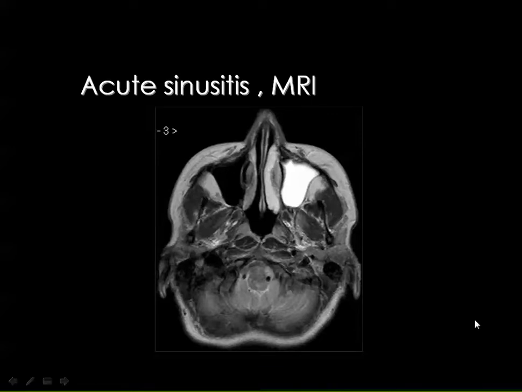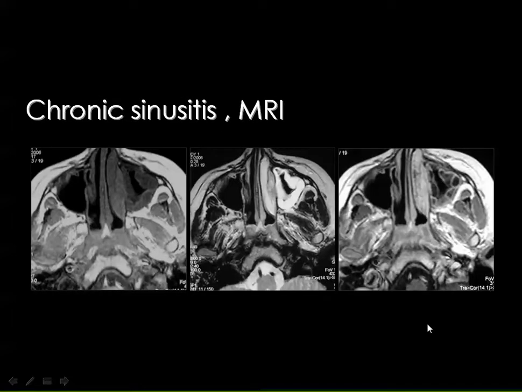Acute sinusitis by MRI will show fluid signal in the affected sinus, which will be dark in the T1 and bright in the T2 weighted image, as you can see in this example. And this is chronic sinusitis with concentric mucosal thickening of the maxillary antrum on the left side. It shows fluid signal in the T1 and high signal in the T2. And if you inject